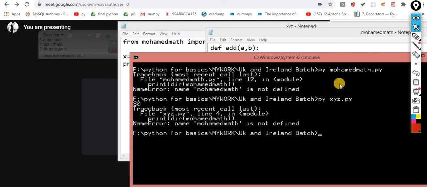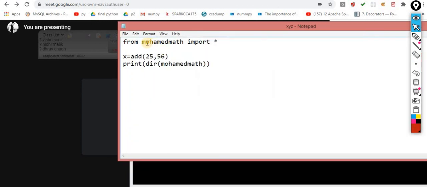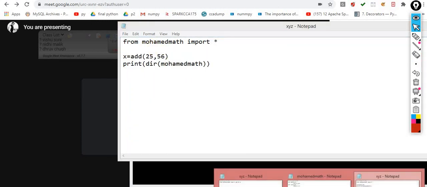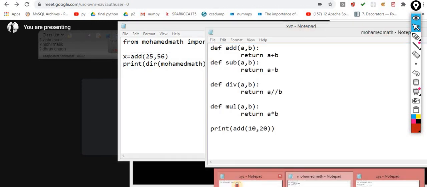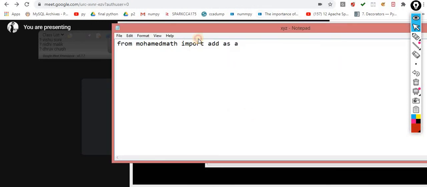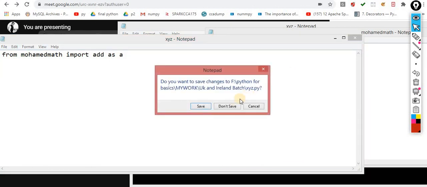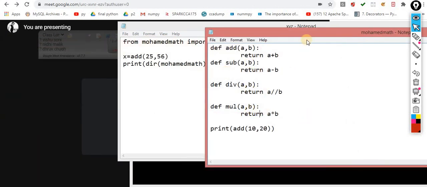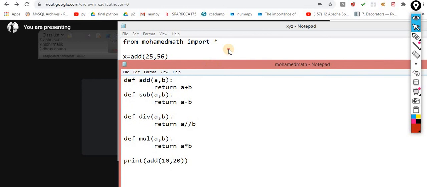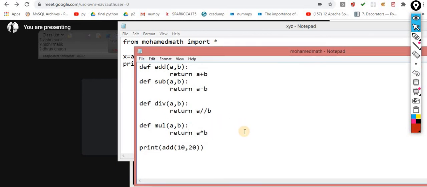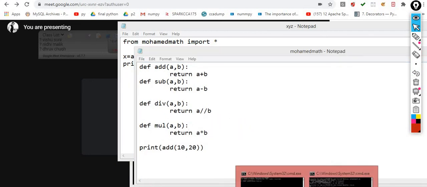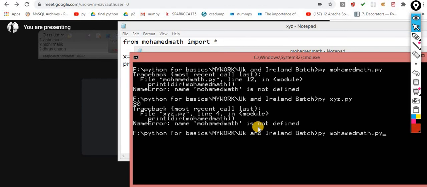Please check the spelling. Did I change the spelling or not? Okay, Mohammed math. This one is XYZ, this one is Mohammed math, and let me close it without saving. So this is my one module, Mohammed math. I am saving it and executing it.